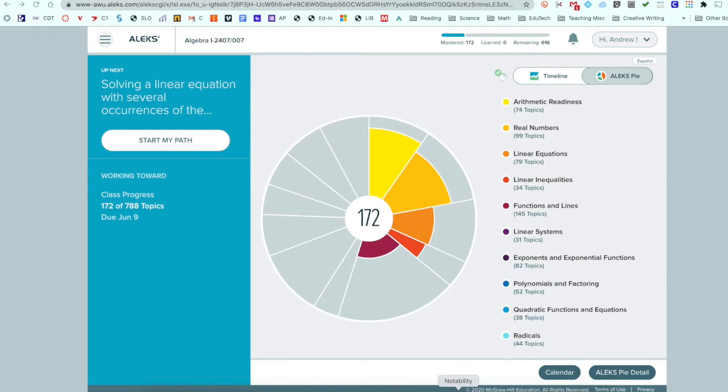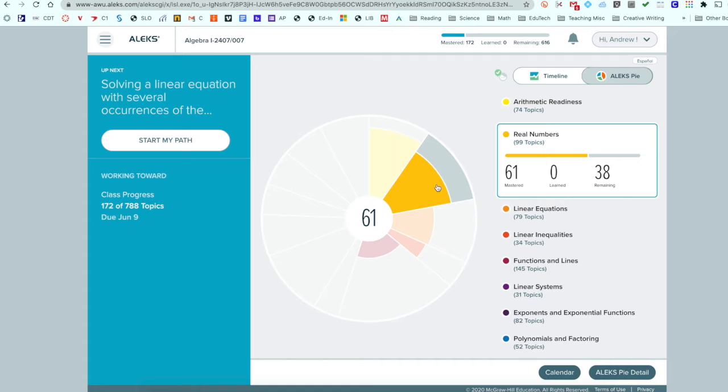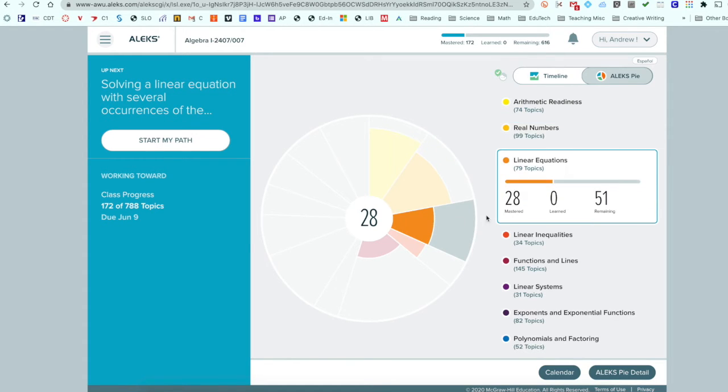to show you how to navigate some of the topics in your ALEKS course. So after you've completed the initial knowledge check, you'll wind up on a screen that looks like this, and you'll see pieces of your pie here, and if you click on them, it'll show you a little breakdown of how many topics you've mastered, how many are remaining, and you certainly will see some pieces that are bigger than others. But once you're ready to start learning, then you want to go ahead and click on Start My